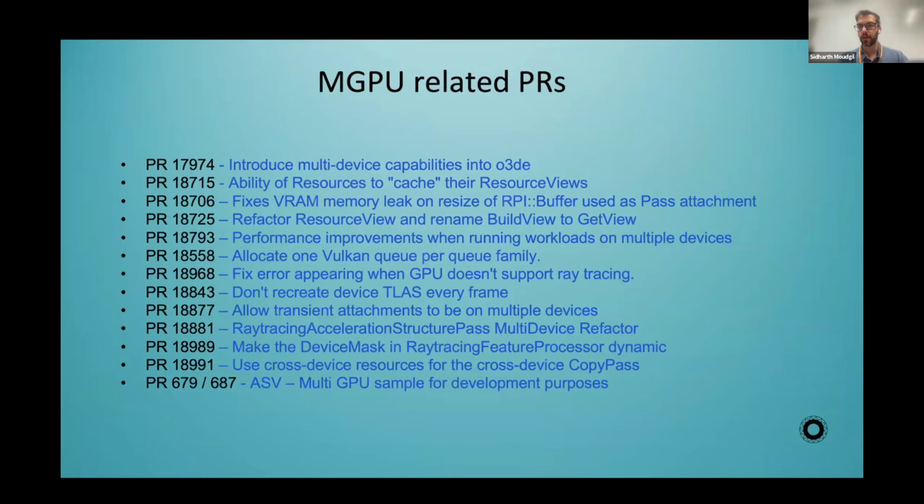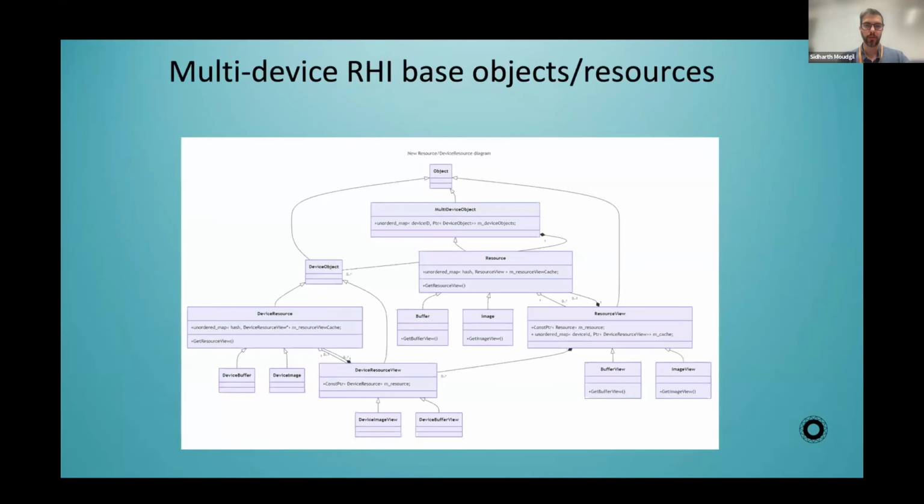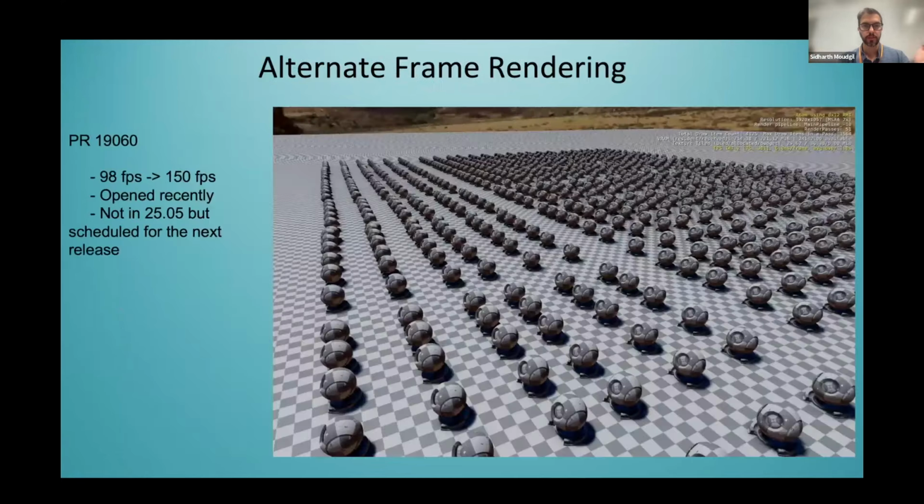So what does that mean? Like, can we see something at this point? This is sort of the new design. Like before, we just had an object, a resource, and a buffer or an image. But now with this new design, I'm not going to go into it, but it's more complicated in the RHI layer. But the benefit is that it's completely transparent at the RPI side. The RPI layer, which is the layer that sits on top, just says, hey, give me a pass that just runs, and these are the resources, and RHI handles all the data transfer underneath.